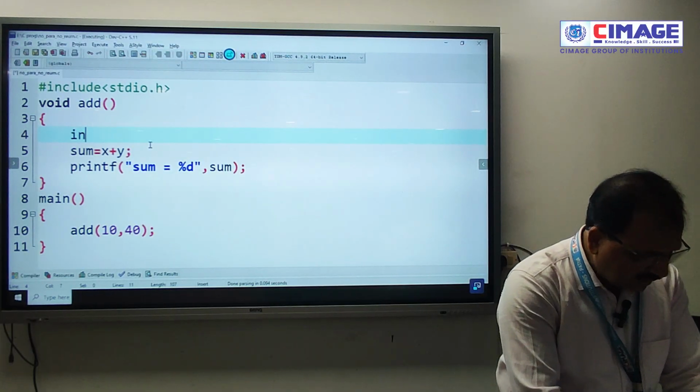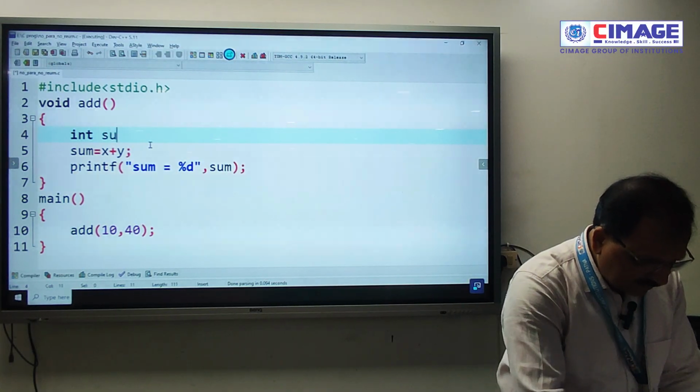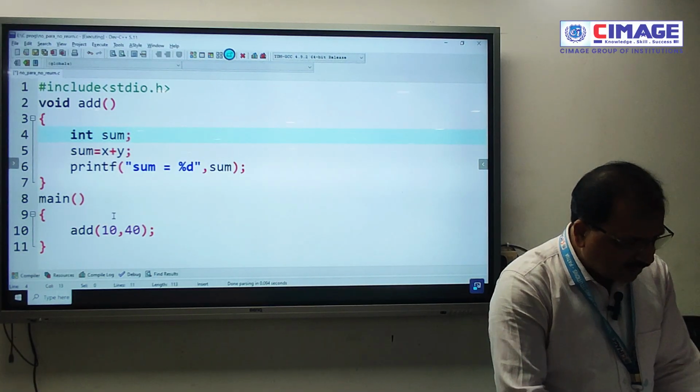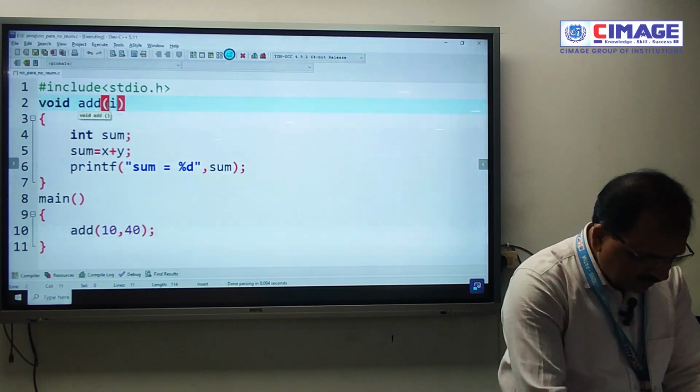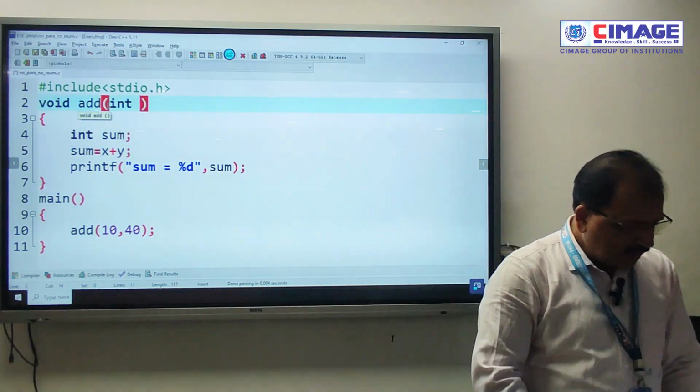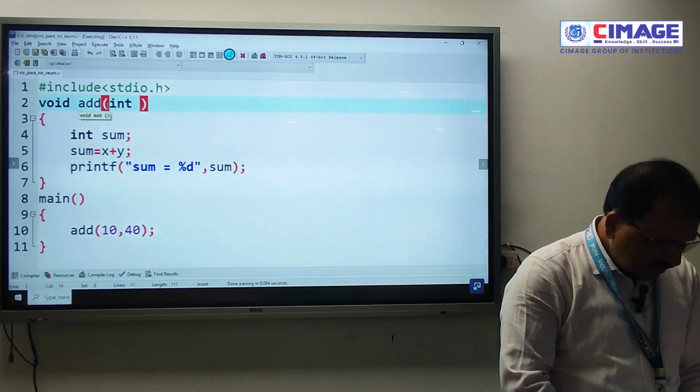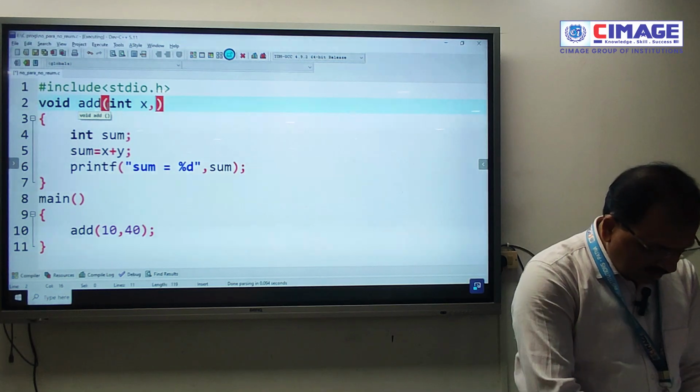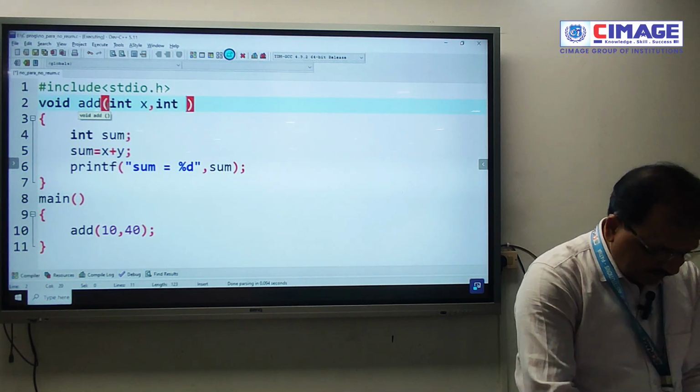Rather, we can have the variable int sum, and since we are passing two numbers, this add function should have a similar kind of signature. So here I can say int x, comma, int y.